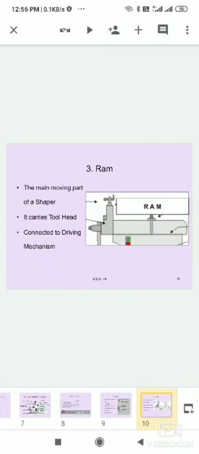It is the main moving part of the shaper, and it carries the tool head that provides the cutting action. Cutting action means forward direction and backward direction, horizontally. It can cut only in the forward direction to remove the excess material, and the return direction is the idle position. It is also connected to the driving mechanism contained within the